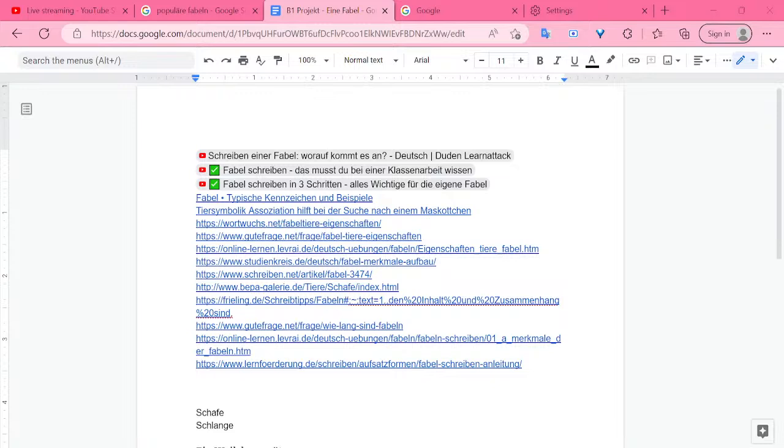So not only am I going to show you how I do my research and write my entire fable, I am planning to add some music. It's not necessary. The only thing they expect you to do is to write your tiny, tiny story. It doesn't have to be huge. I think she said it could be like 2 sides of 1 page, so not much. It doesn't have to be this huge story, not at all.